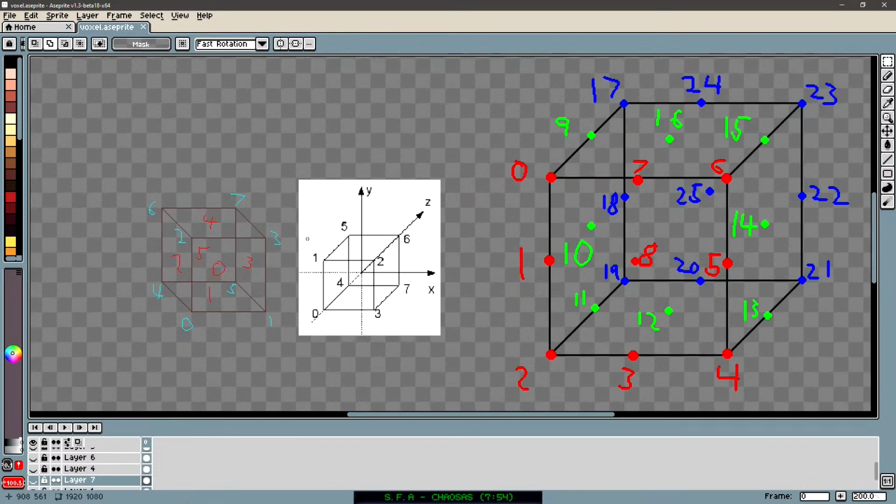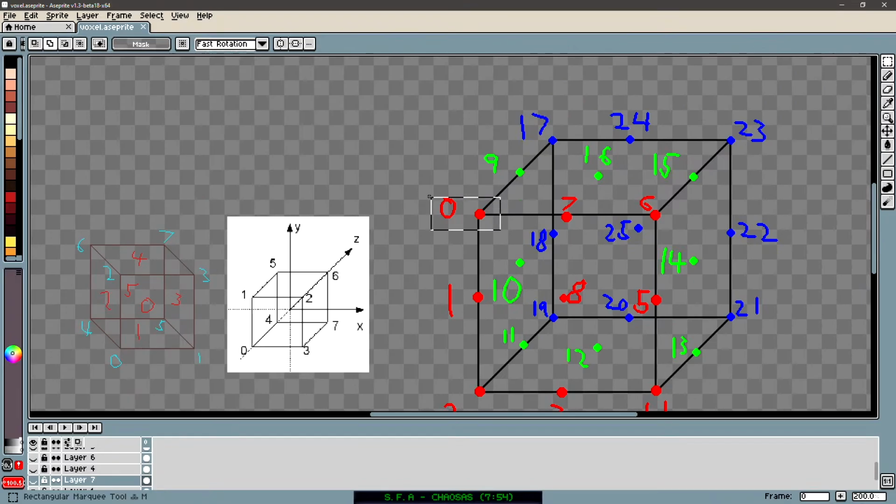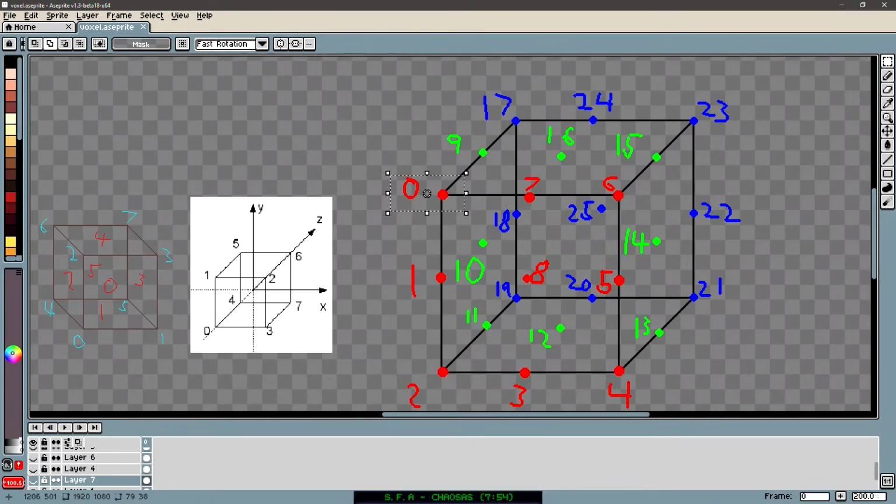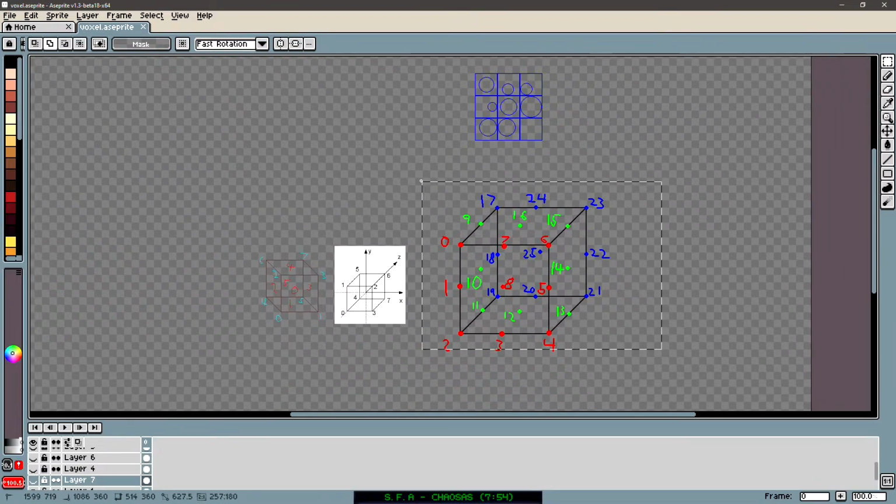So basically, we now have a bunch of vertices here, and a lot of these vertices need special logic, because it's not possible to just make it do something just like that and then it just works. Unfortunately,